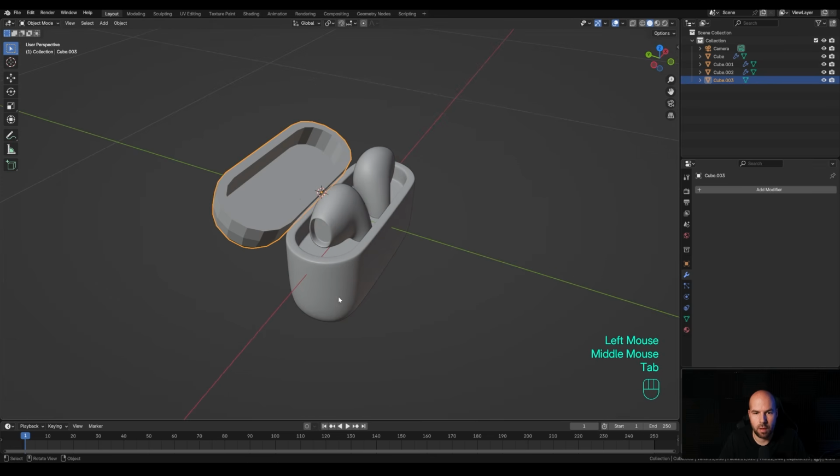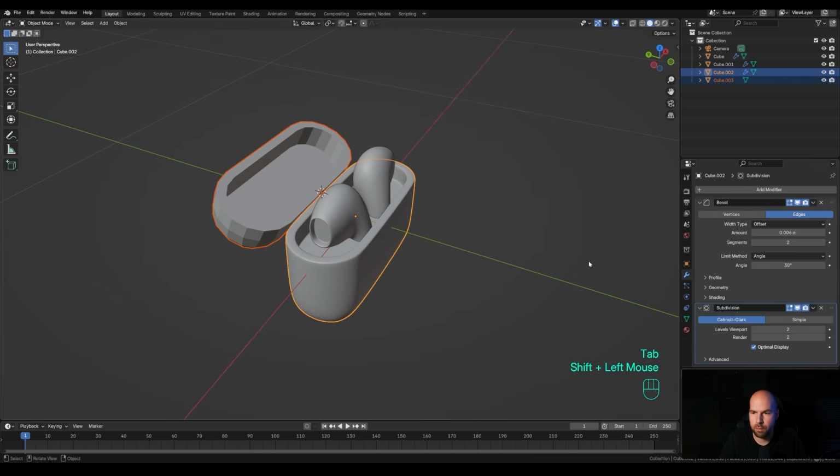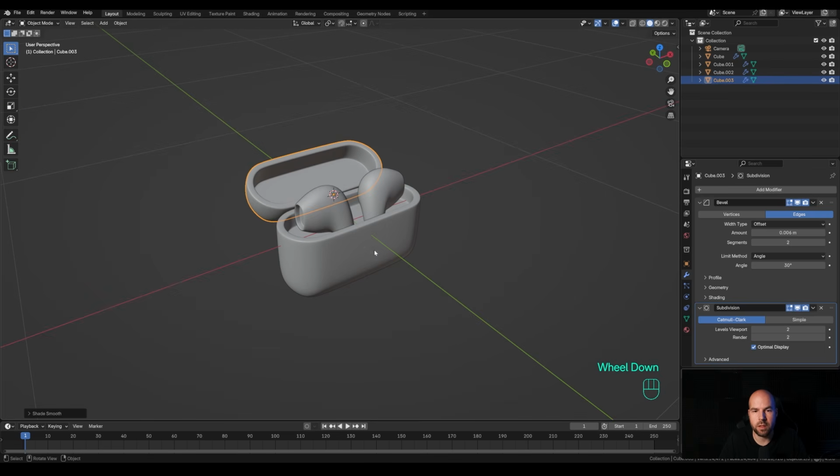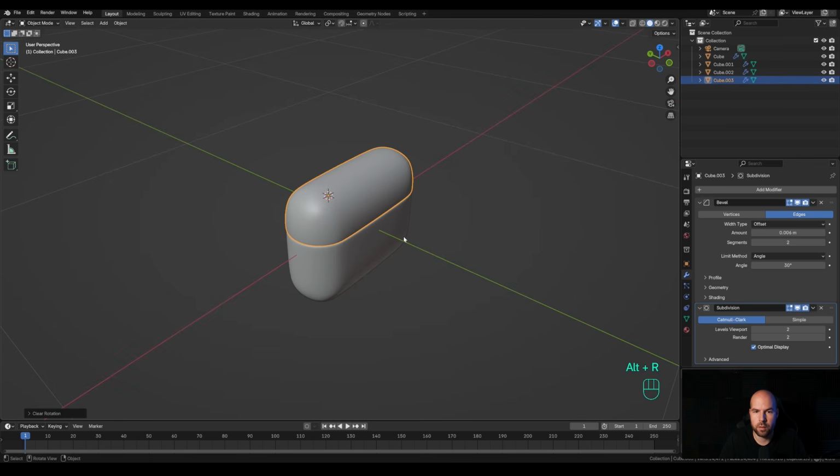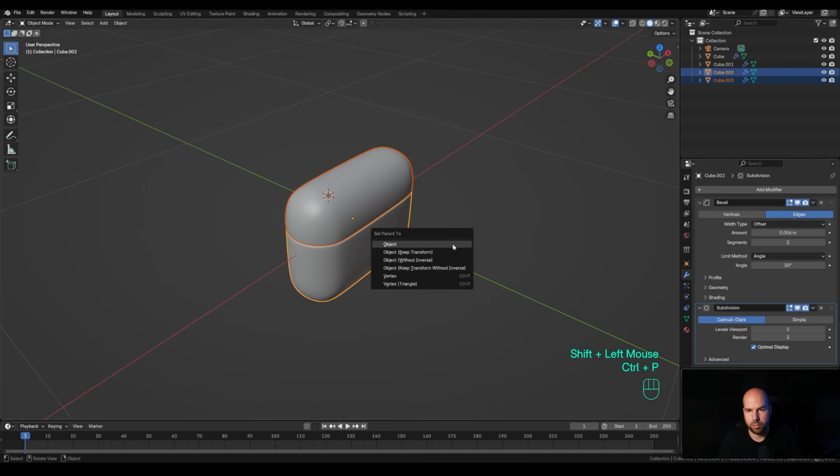And now we can tab out, hold shift, select the main one, and just go ahead and copy bevel modifier and subdivision modifier. Now select it, right click and shade smooth. And now this is basically ready. So let's press Alt R to reset the rotation, hold shift, select the main one, press Ctrl P and parent